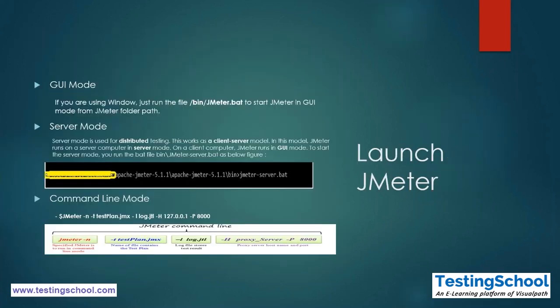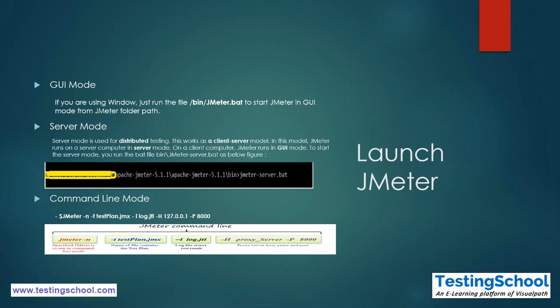Now next is different types of launching of JMeter. So basically, as you can see on the slide, first one is the GUI mode. GUI mode is where, once you are ready with the configuration and settings, everything, and your JMeter is ready to launch, you can go to the JMeter folder where it has been installed. After that, you need to go to the bin folder. Inside the bin folder, there will be multiple bat files. Inside that, there will be one file named jmeter.bat. You just have to double click on that, and it will open JMeter